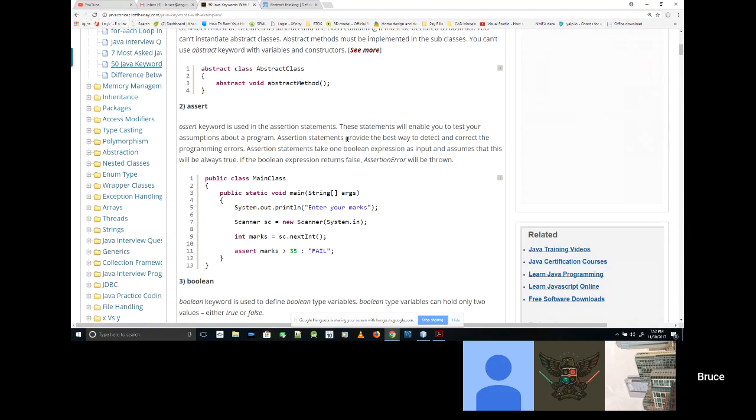So when you say I assert this thing to be true, if it's not true, then it will execute the fail. Take a look at the assert there on line 11 of their example.